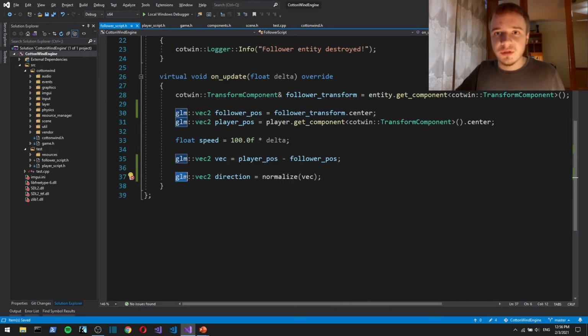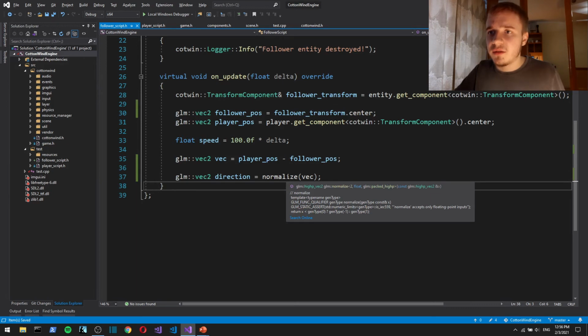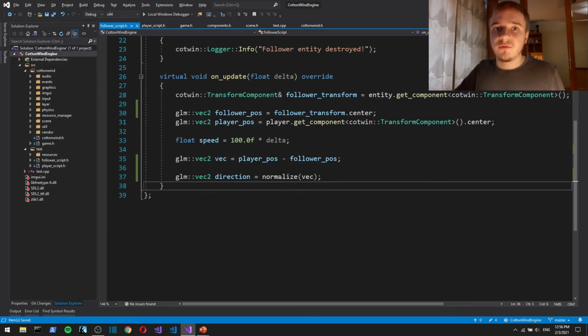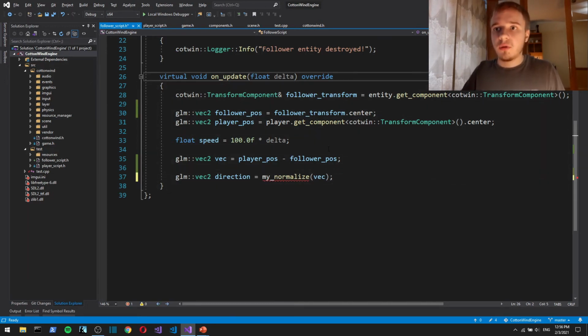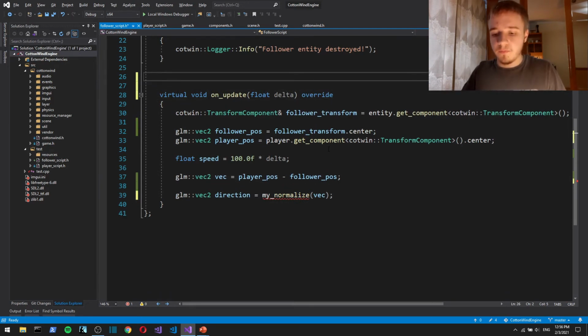Actually I'm using GLM, and it already has a special function for normalization, and if you're using a math library in whatever language you're using, it probably also has normalization, but we're going to implement our own normalization function.